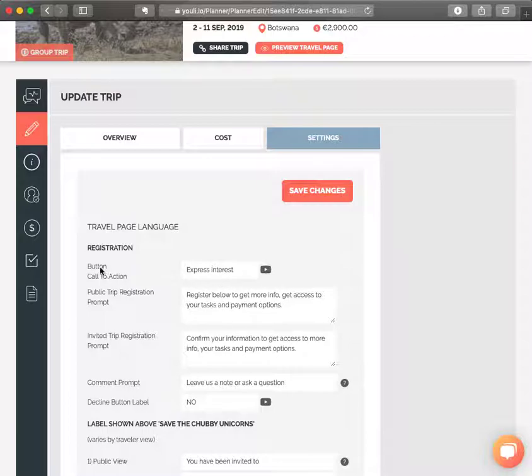So by default, the button's call to action is Express Interest. This can be really good if you're looking for registrations and you want to then convert them to deposits. And then you can see we've got two options here for the public trip registration prompt and the invited trip